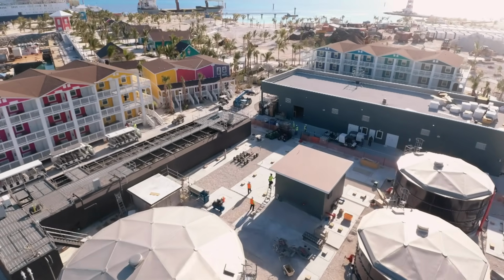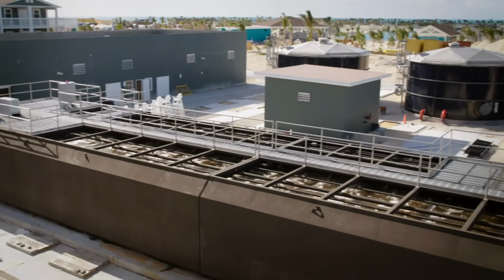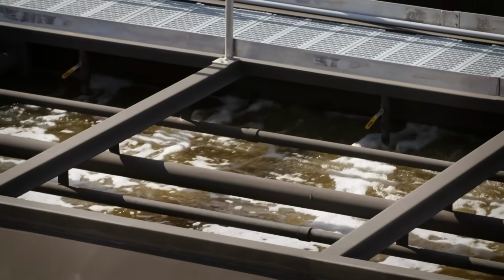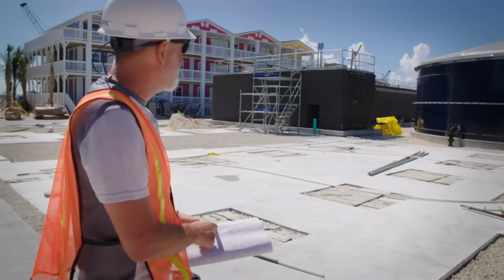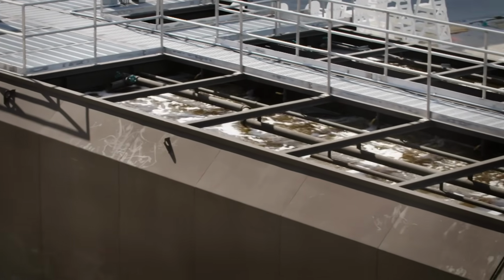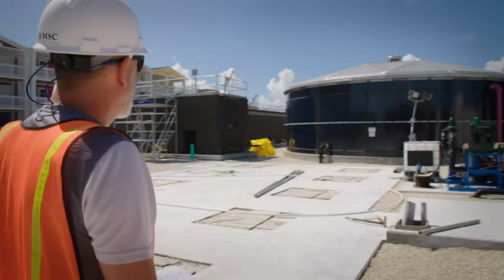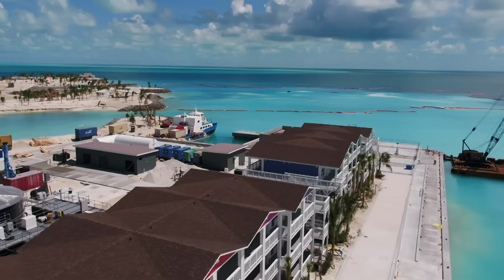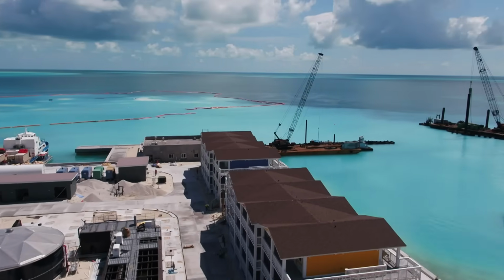Luckily, the designers of Ocean Cay had it all planned out. They use a reverse osmosis system to take wastewater from around the island and treat it to remove the contaminants. This rectangular piece of equipment is this wastewater treatment plant we've got, and it comes out the bottom and goes into this big tank here for reuse around the irrigation. Allegedly, you can drink the water that comes out the tertiary treatment, but I'm not going to try. The island's drinking water then has another phase of decontamination before it's supplied to the washrooms and kitchens